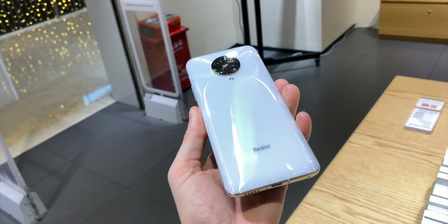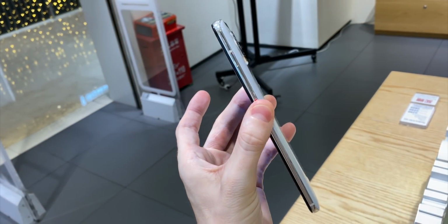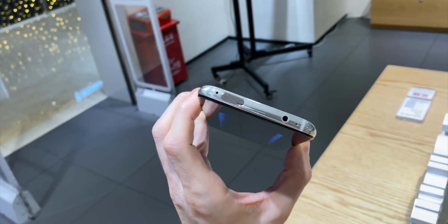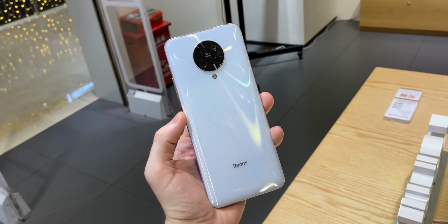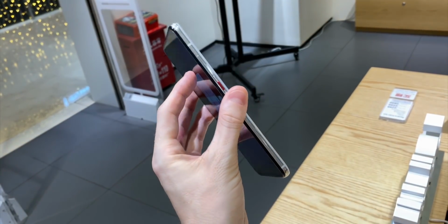You get USB-C on the phone and a headphone jack too. An infrared blaster is on the phone at the top. The normal version has this shiny back, just like the Mi 10 from Xiaomi, the non-Pro version, whereas the Zoom edition, which really is the Pro version of these two phones, goes for a matte finish. Redmi have gone for this circular Oreo style camera bump on the back, and all the internals of this phone